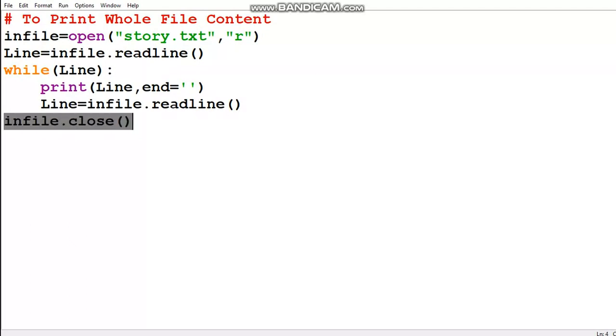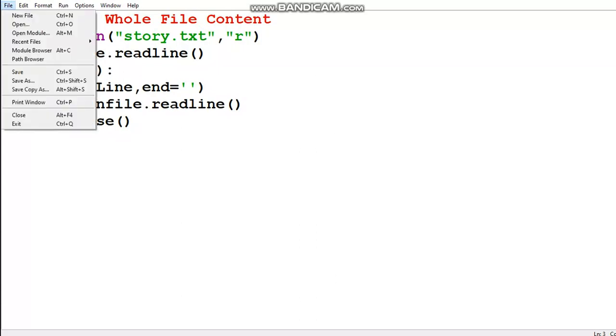So this way we can read the content line by line and print, and then we close the file object because the file memory is to be released. And we need not increment or decrement. Here you can see in the while loop we are not incrementing or decrementing, as when we write readline, the cursor automatically positions at the end of that line. So automatically the cursor will move line by line.